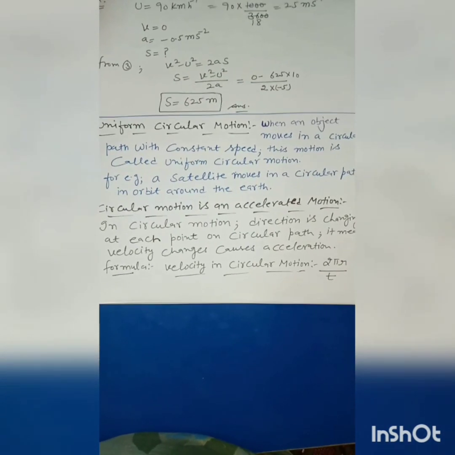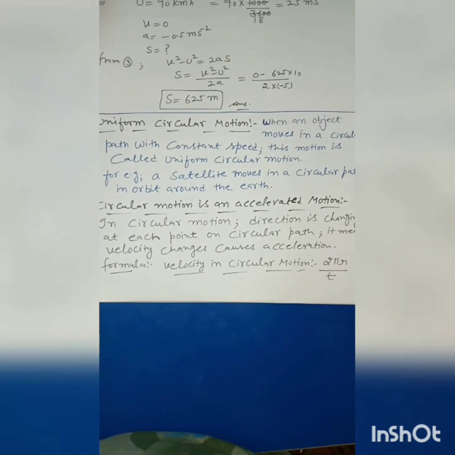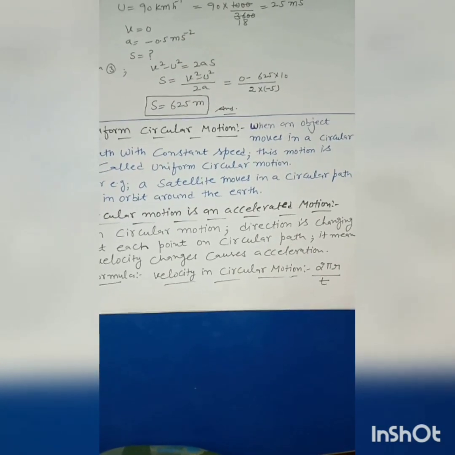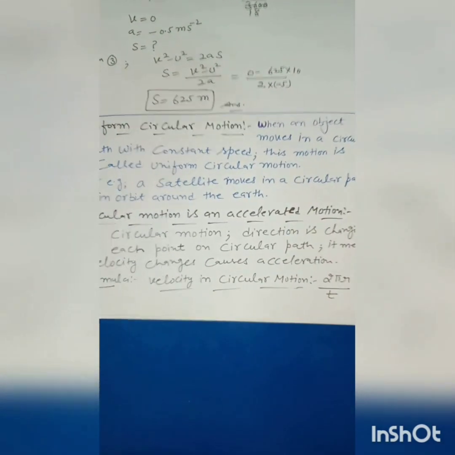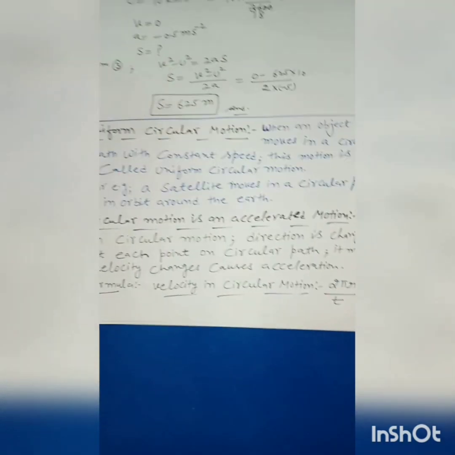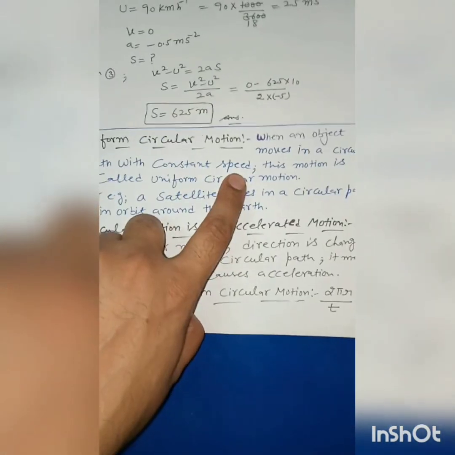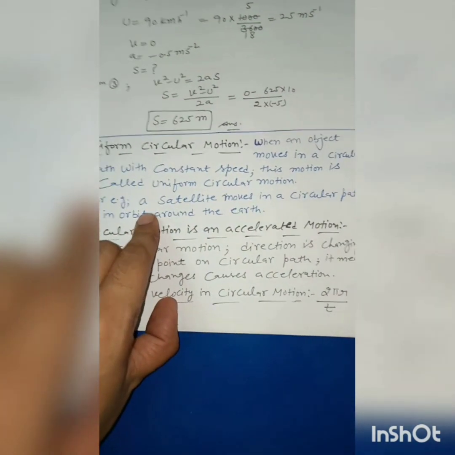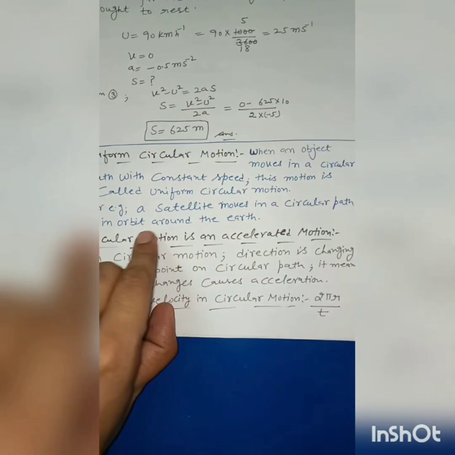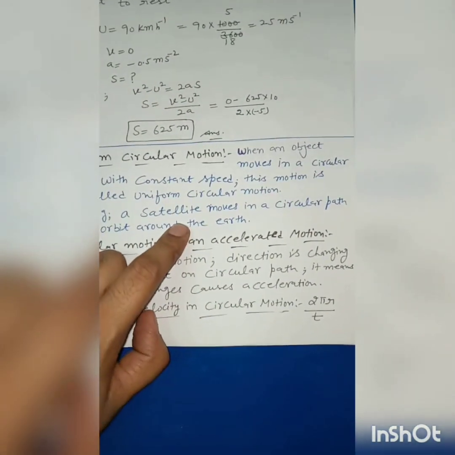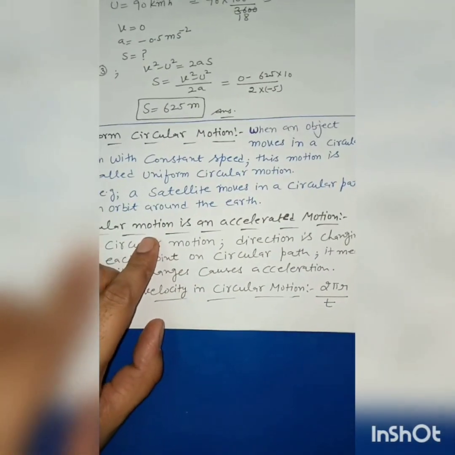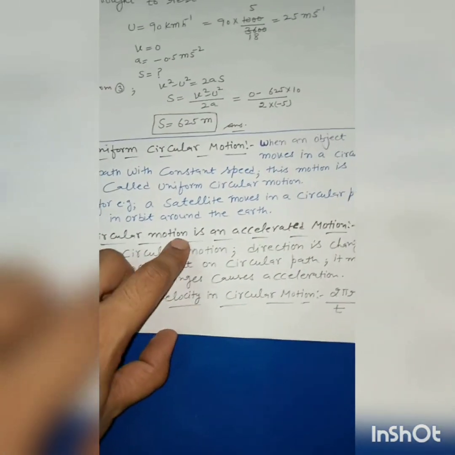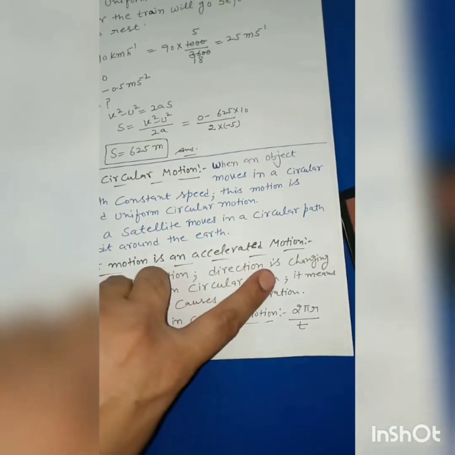Now next topic is uniform circular motion. Uniform circular motion means when object is moving in a circular path with constant speed. The object is moving in a circular path but with constant speed. This is known as uniform circular motion. For example, a satellite moves in a circular path around the earth. Speed is constant, but uniform circular motion is an accelerated motion,